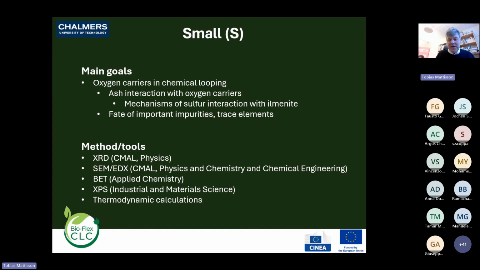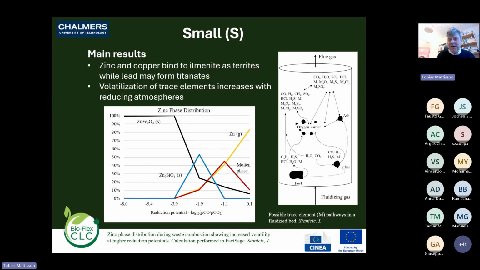We also use a very detailed characterization of oxygen carrier particles. When you have a reactor and you have biomass and these different species, you can have an evolution of both the chemical and the physical nature of the particles. And we use tools such as XRD, SEM-EDX, and XPS in order to probe both the bulk of the oxygen carrier particles, but also the surface of the particles. And this we do with impurities such as sulfur or nitrogen, but also trace metals like zinc, copper, or